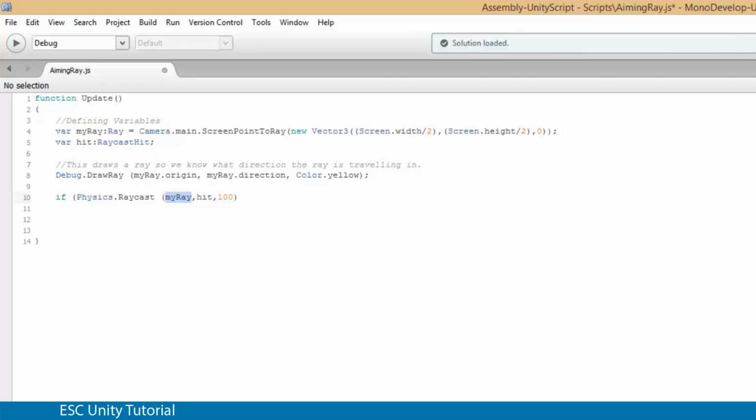So the very first part for a raycast, you brought it up in the scripting reference. It says you need a RaycastHit, and a range. So how far is that ray going to go? You don't want it to go too far. If you set it up to be 1,000, it's going to cost you memory. And to be honest, even 100 is probably too big, but I'm just making sure that it works for today